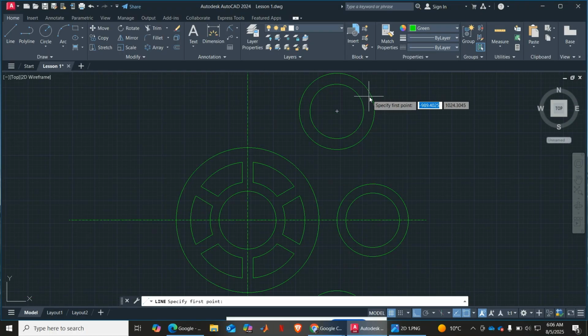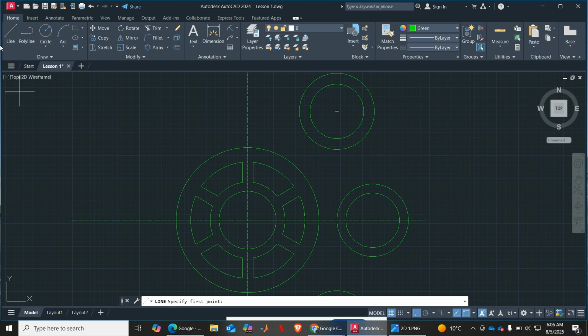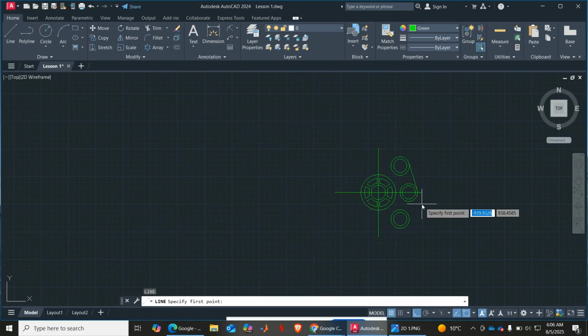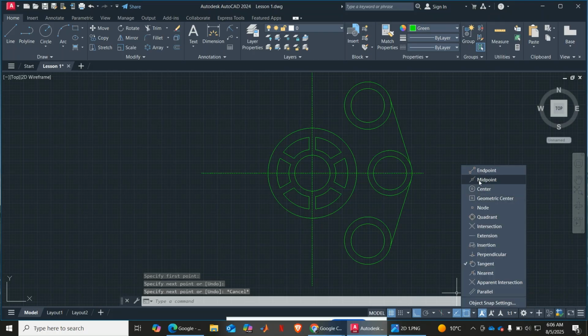If I don't find it, I can go to polar tracking, right? I turn everything off here and turn on only tangent so I can see tangent alone, then I go to the line and look for the tangency here. Tangent here, escape again, tangent from here to here, tangent, escape. See, and after that I go back here and turn on the basic ones: end point, mid point, center,